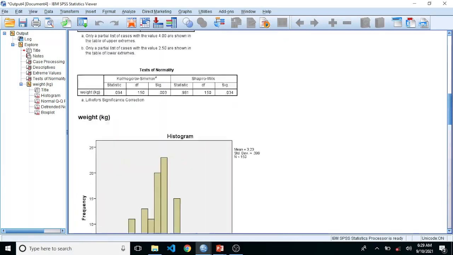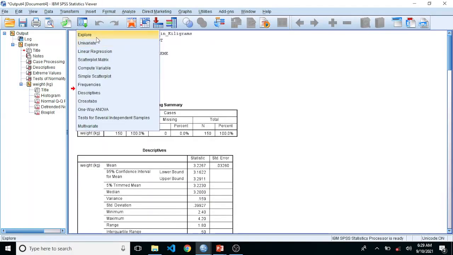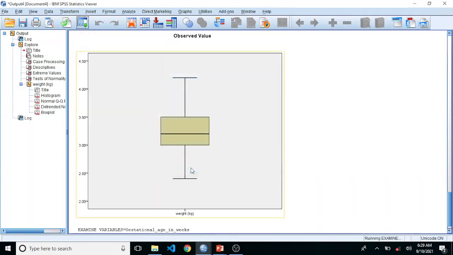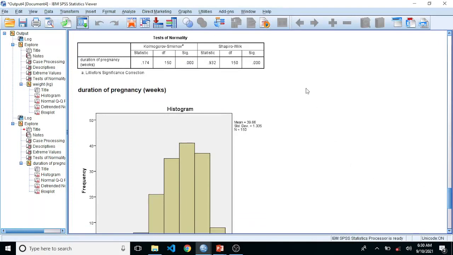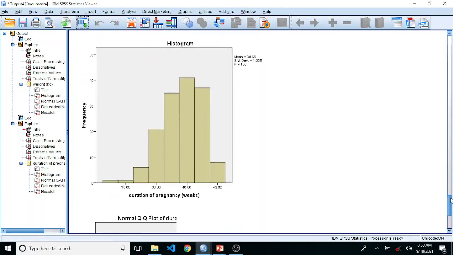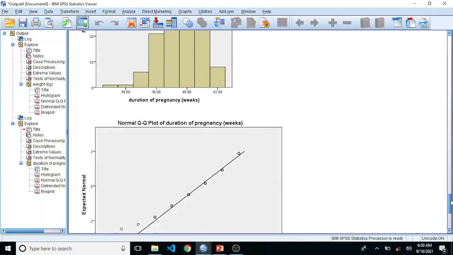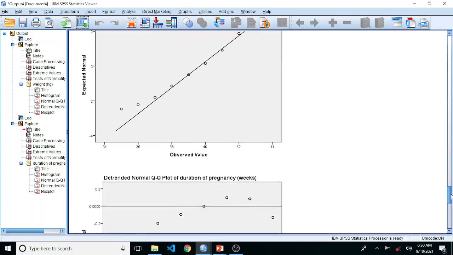We might also want to check if the covariate is normally distributed or not. So we come here and we just check for the covariate. I think the Shapiro-Wilk will still tell us that it is not normally distributed, which can be seen here. It's fairly not quite bell-shaped. And the box plot tells us that there is an outlier down here,